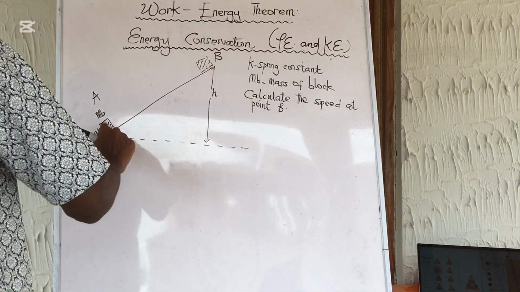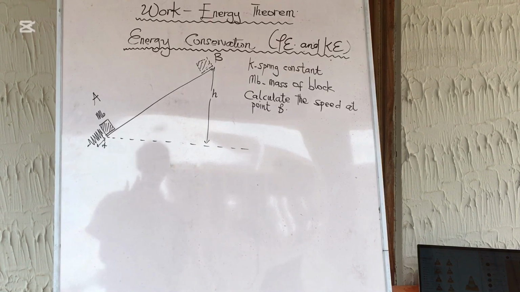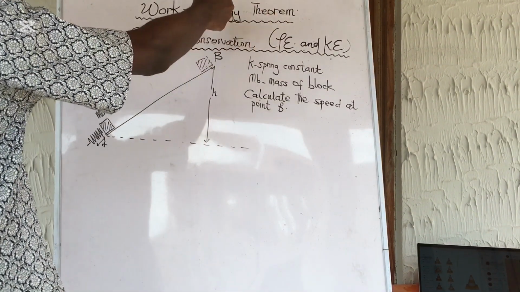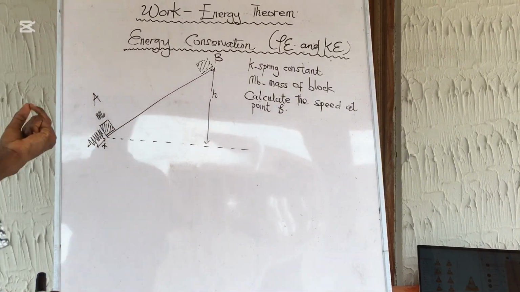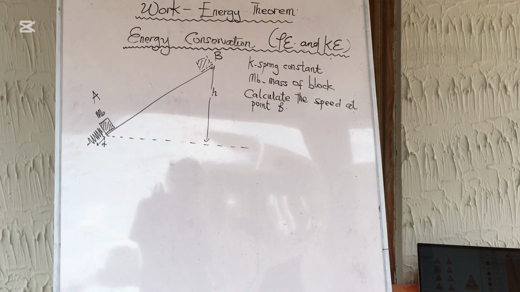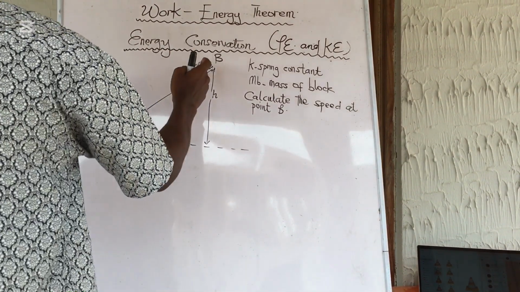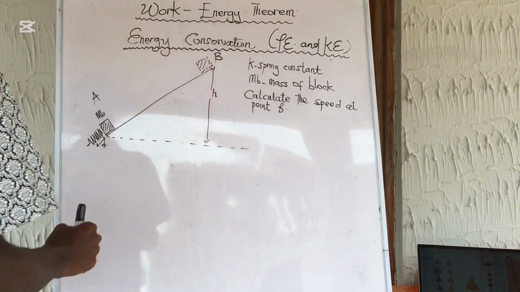Remember that if it is pushing the block all the way up, it has velocity. That is why it is moving. And it is also moving along an inclined plane, so it has a height. So at this point, the object has a velocity. At the same time, it also has a height, which gives potential energy. So here it has potential energy and kinetic energy at the same time, but there is no spring energy because